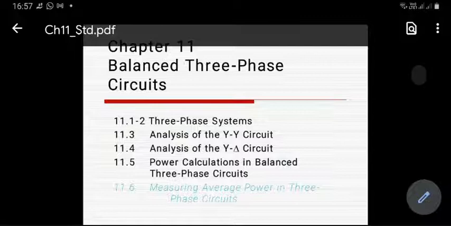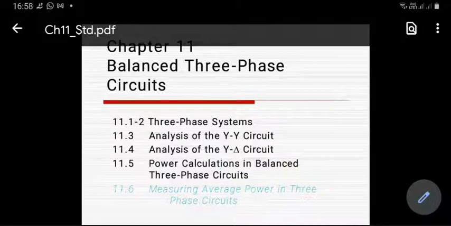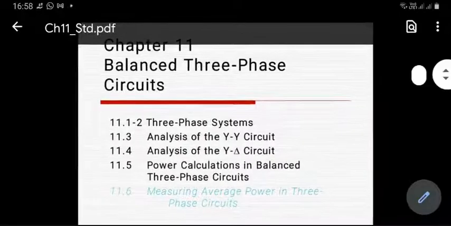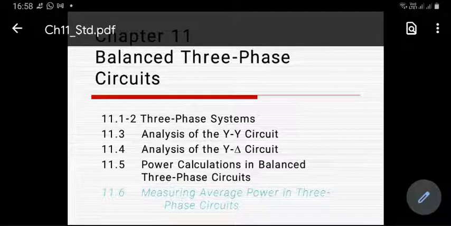As I told you last time, there are 4 kinds of possibilities in power systems. One is Y connected source and Y connected load. The other is Y connected source and delta connected load. Then we have delta connected load and delta connected source, and then the last one. So permutations and combinations of Y and delta are 4, out of which YY and delta delta are the ones which are commonly analyzed.